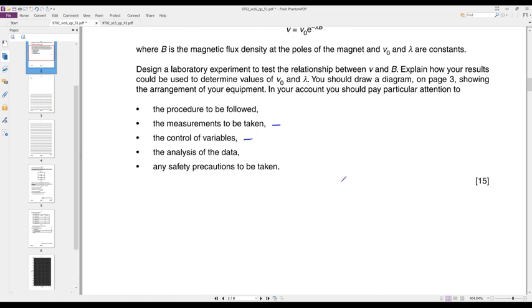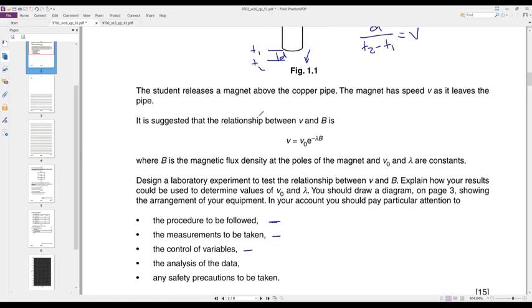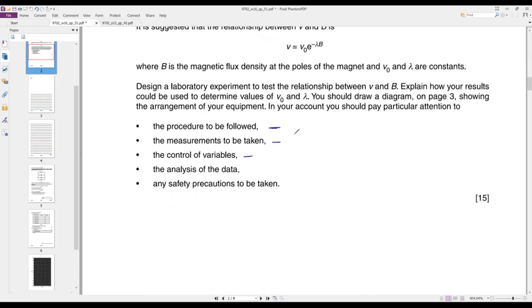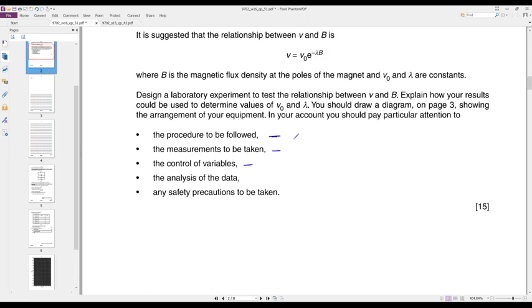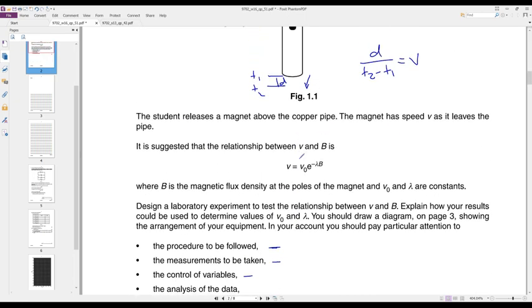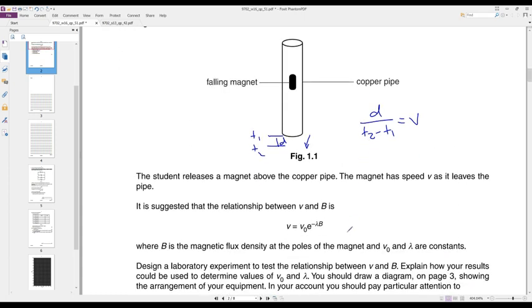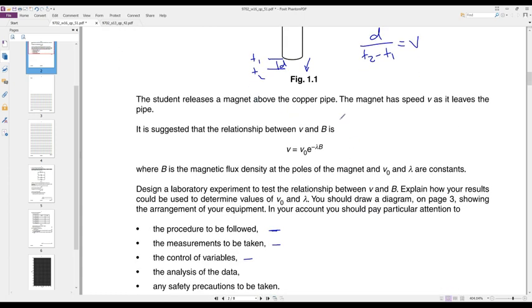So yeah, this is your procedure point, right? This is your procedure by here. So some way of measuring the time difference at the bottom of the tube. The other point is that you're going to need a method to measure your B, your magnetic field. That one is a little more specific. So what I would suggest is,